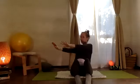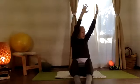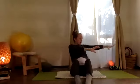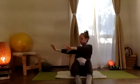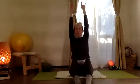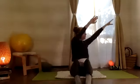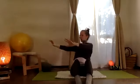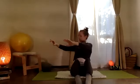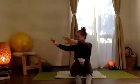Exhale, create rotation to one side. Inhale, long spine. Exhale, scoop into the belly as you lower. Inhale, up, sitting tall. Exhale, coming down. Good. Inhale, sitting up. And exhale, floating down. Inhale, sitting up. Exhale, floating down. Let's hold on one side and again, lightly pulse 10 and 9 and 8 and 7 and